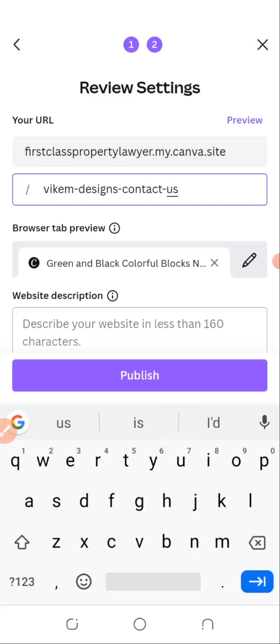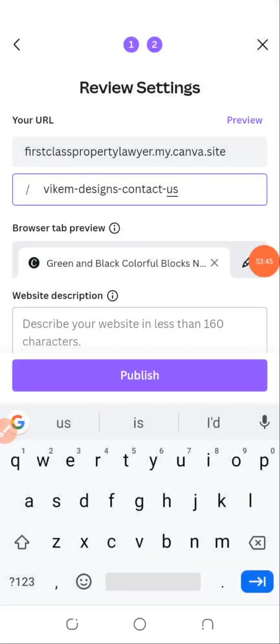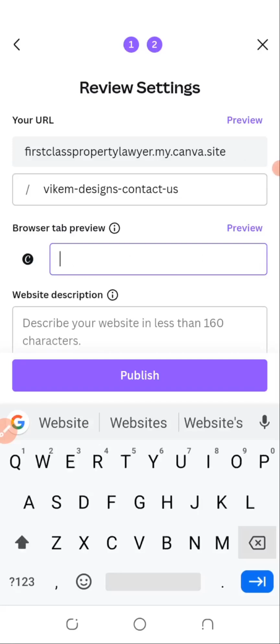Okay, you can edit this too to show what your tab review will be. Okay, you can edit this as well to show what your tab review will be. So let's just put Vicam fashion